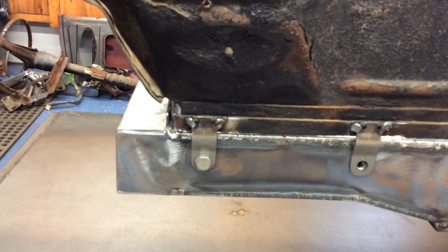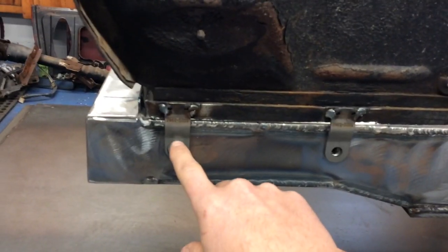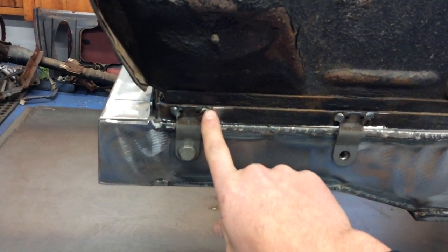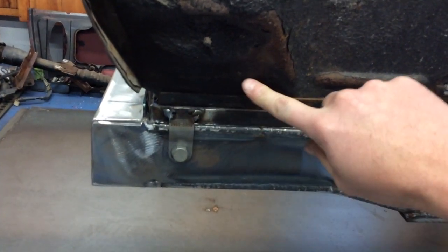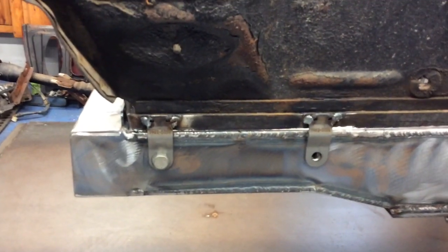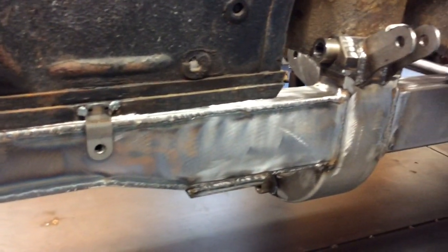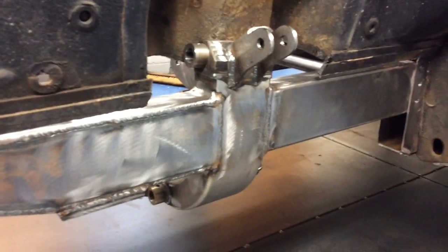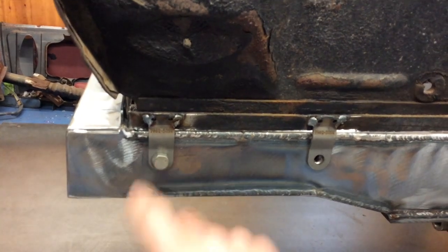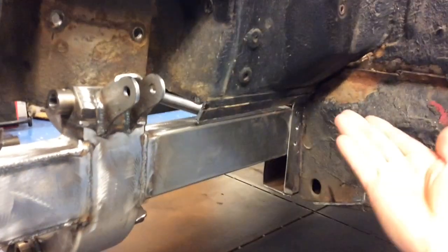Before I cut out the front rails, you can see these tabs here that they include. You bolt these to the old rails and tack them in place to the old aprons on both sides, and that's what they're using to help line up the front end. So you're setting the whole front end up to those bolt holes there, and then you butt things up to